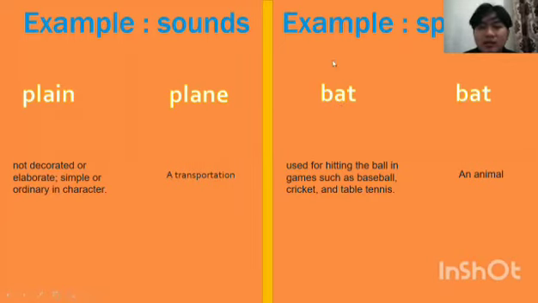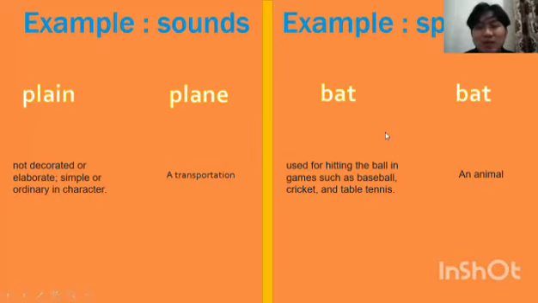As we can see, the first word and the second word have exactly the same spelling, BAT and BAT, but they have a different meaning. How we differentiate it is